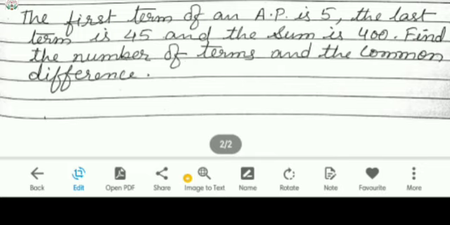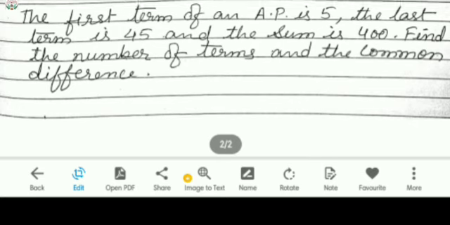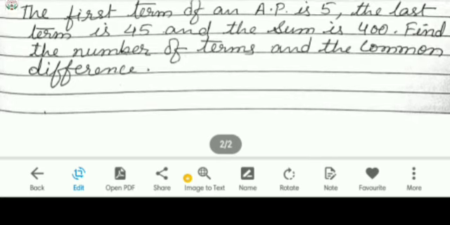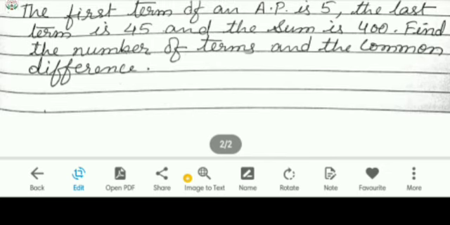Okay, now L equals 45. So put there 45 equals a, which is 5, plus n minus 1 into d, where you check the value of n you get on solving and put that value in. Here only d is the variable, the others are all numbers. So on simplification you will get the value of d. That will be the common difference. Okay, I think you might have understood all the questions. Solve. If you have any doubt, you may ask. Okay.